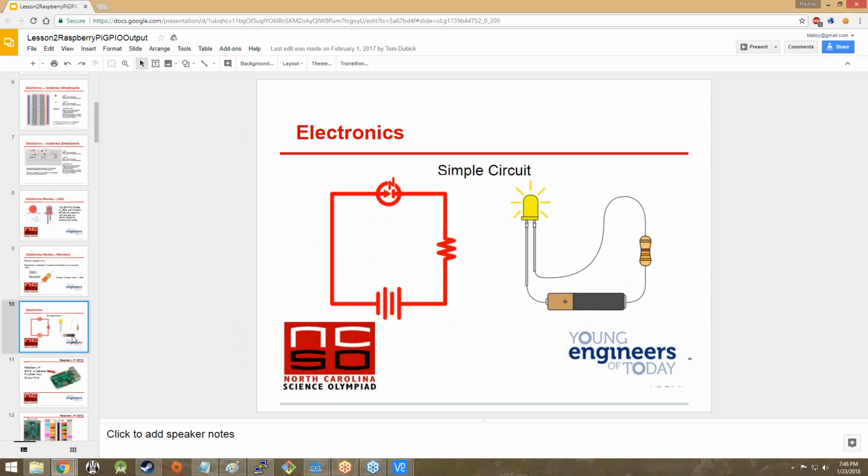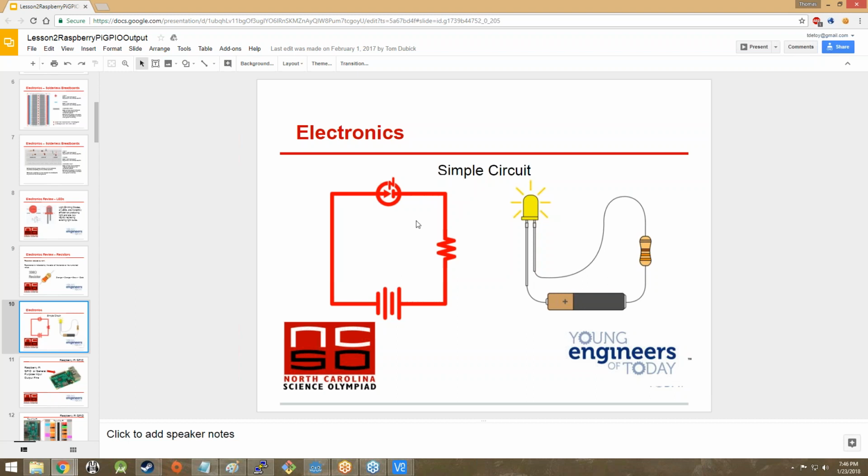So the first circuit that we're going to be making with the Raspberry Pi, and if you don't have a breadboard and LEDs and stuff like that, that's okay. Just take a bunch of notes so that you know exactly what we're doing and why we're doing it. But the first circuit that you're going to be building is going to be a light, an LED, a resistor, and